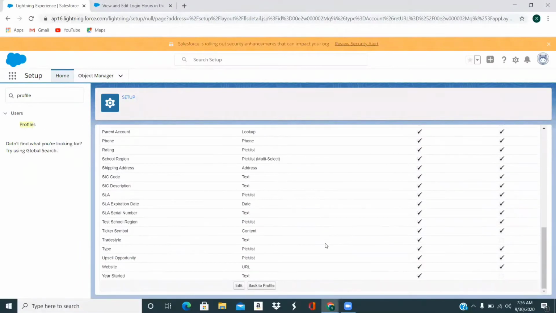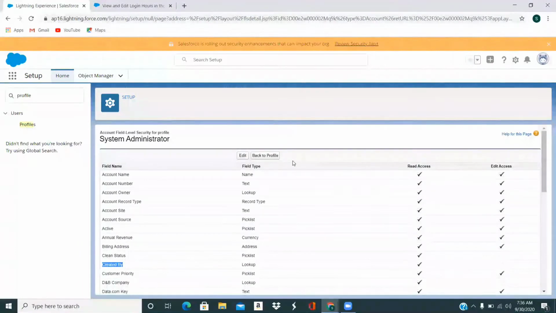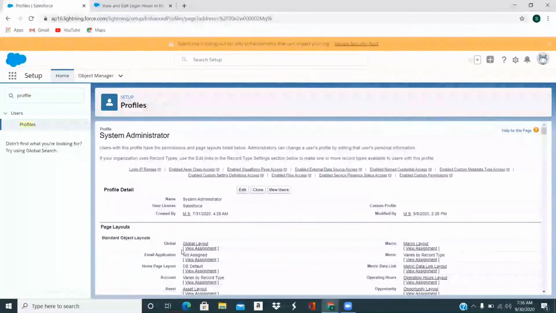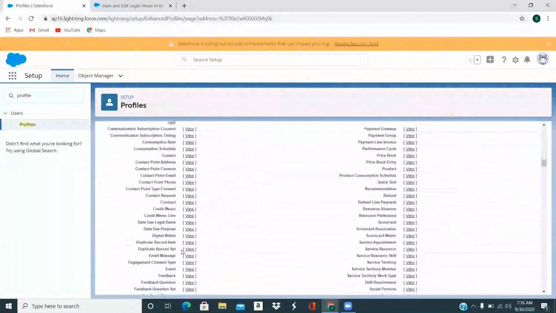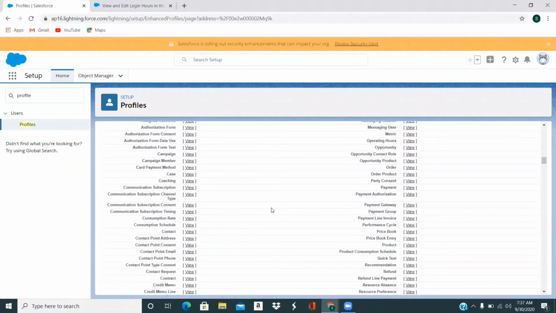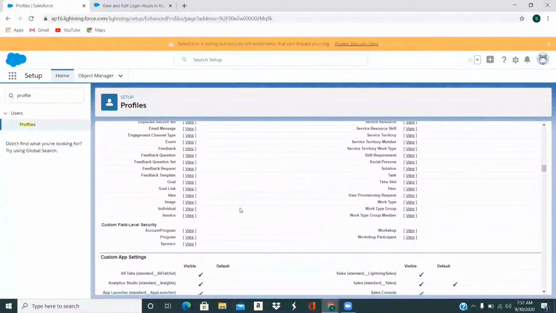So these are the different options. This is the main option from where you can define the field level security for the different objects. So you will go into the profile, click on back to profile, and here you can see all the different objects, and whenever you click on any of the objects, you can see the different fields of that particular object. Suppose we choose, you will see the custom objects here, so custom field level